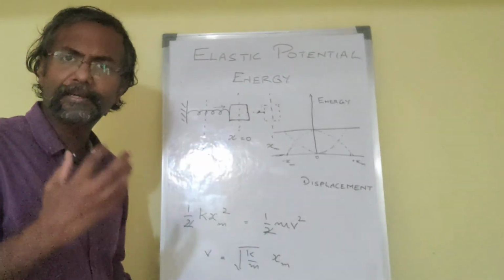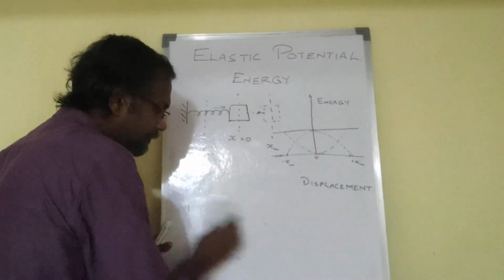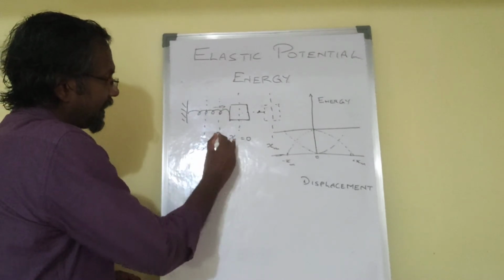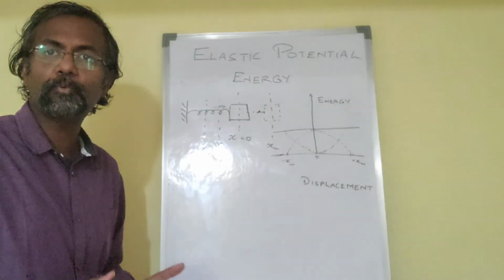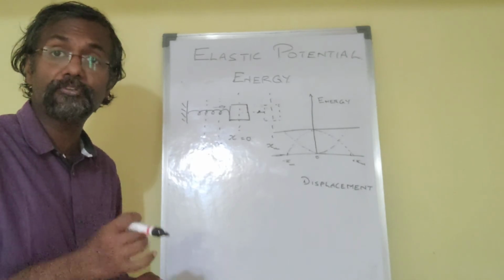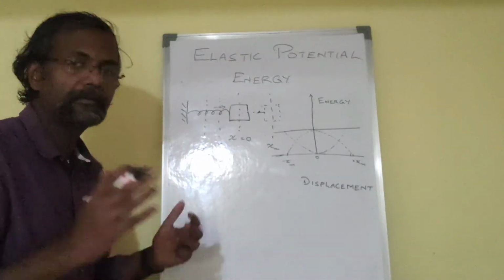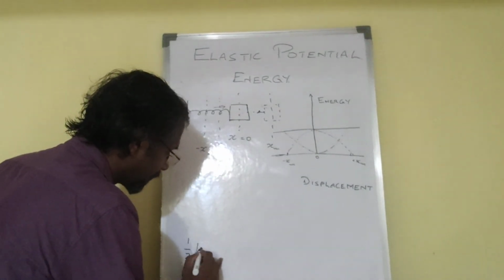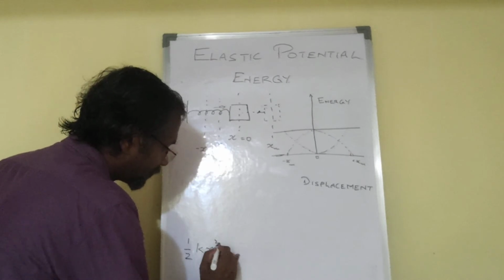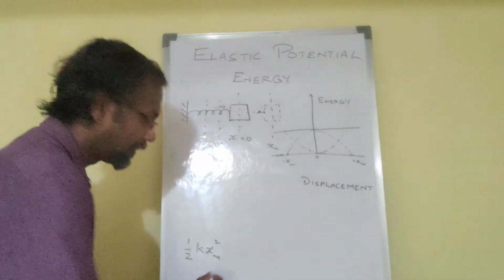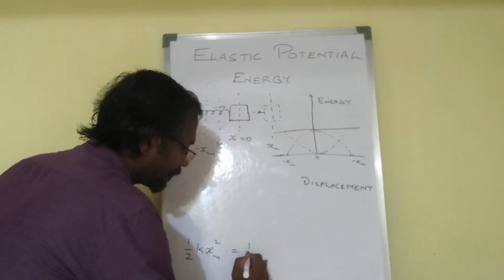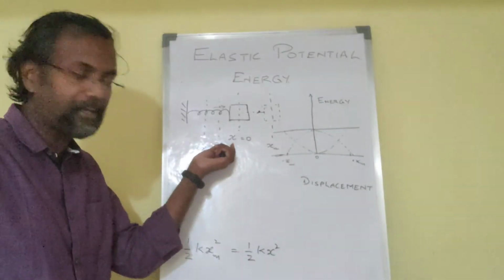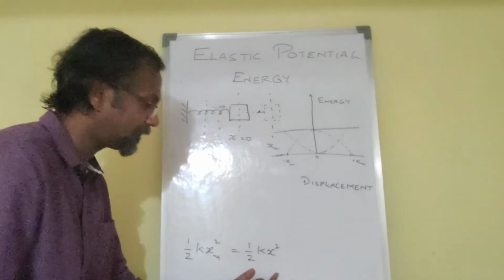I can also look at an intermediate position and solve for it, and let's say at any position, I'm going to take this side for a change, let's say x, right? I want to understand what is the speed, what is the velocity of the body. So once again, my conservation of mechanical energy applies. At the initial stage, my energy is half k xm squared. This is the maximum energy that the body can have. This is equal to half kx squared. So the body is at any intermediate position x, the potential energy will be half kx squared,